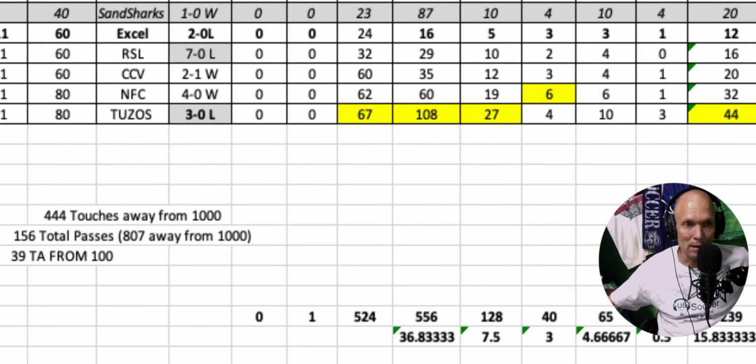Time, touches on the ball, success rate, all that. You could actually have a conversation with your licensed coach and say, hey, my kid's not developing. I'm paying a lot of money to be here. I need my child to have more opportunities on the ball. Email me and I'll send you a copy of the stats I have